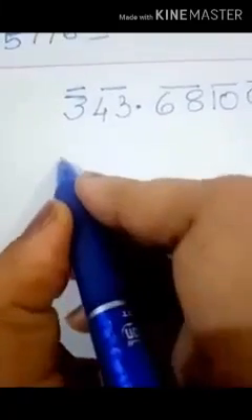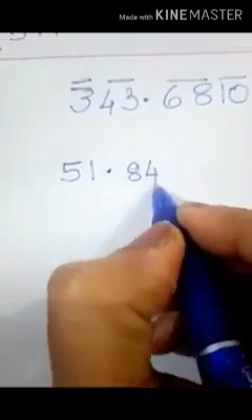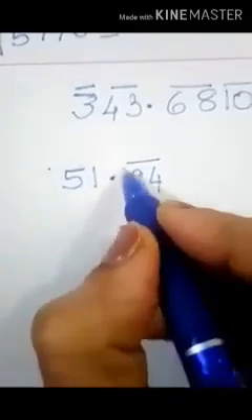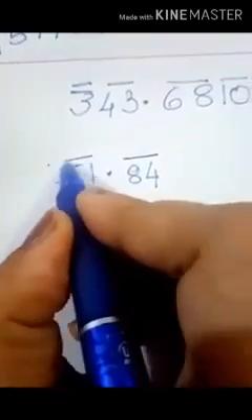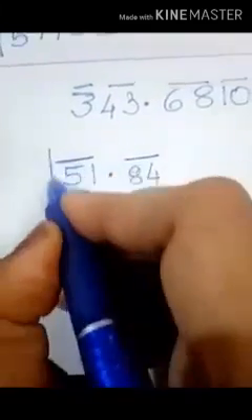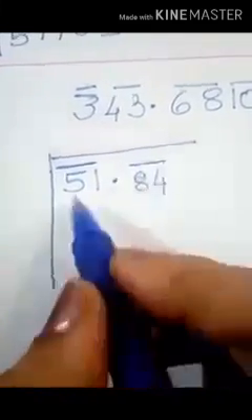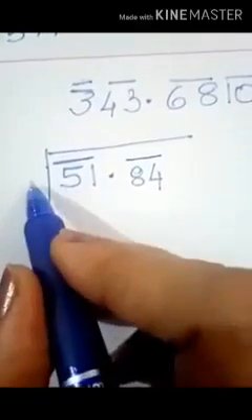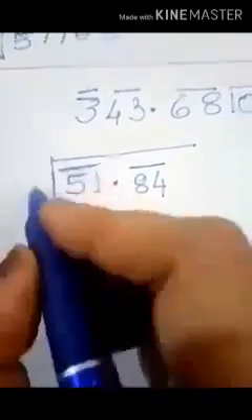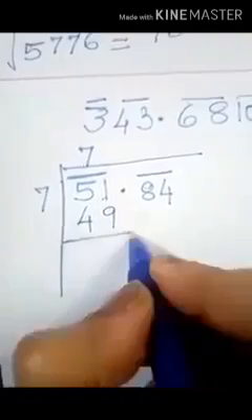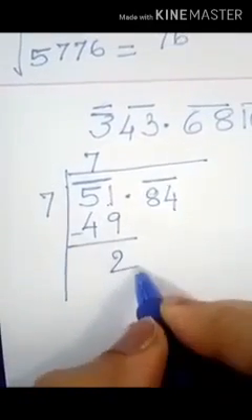Okay. Let's see another example. Suppose the number given to you is 51.84. Now let's divide it. So here grouping is easy. This fraction part has 2 digits and the integer part also has 2 digits. So no confusion. Let's start. Okay. Here also, if you go by the table, 7 sevens are 49 and 8 eights are 64 goes greater. So 7 sevens are 49. How much is left? 2. If you subtract, 2 is left.